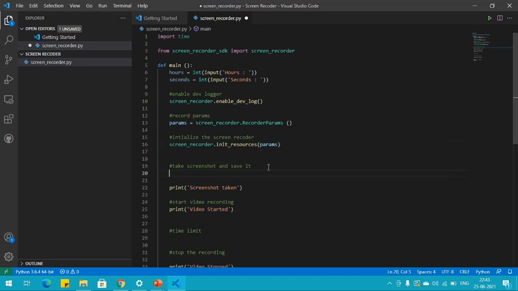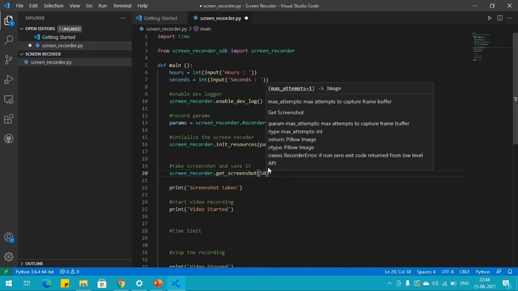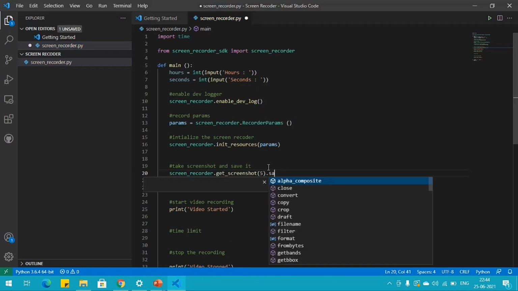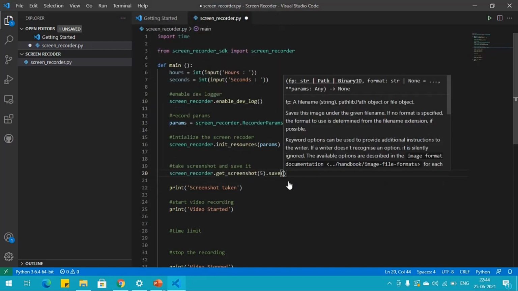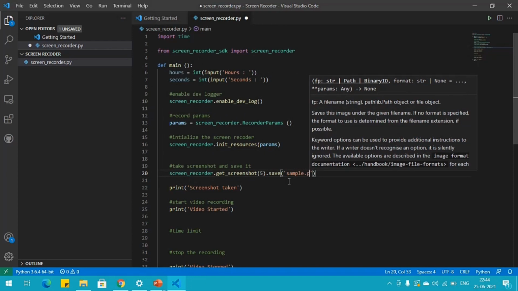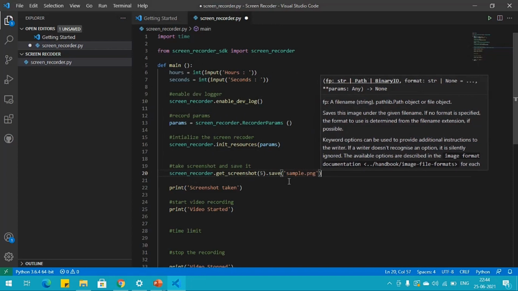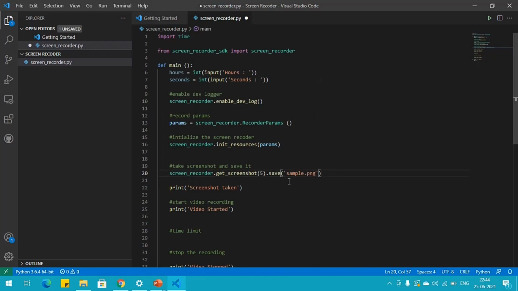Now we will take the screenshot using the get screenshot function, and we will be saving the screenshot as sample.png. You can choose your own name by which you want to save your picture.